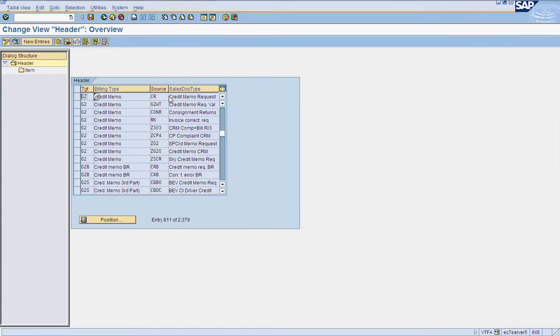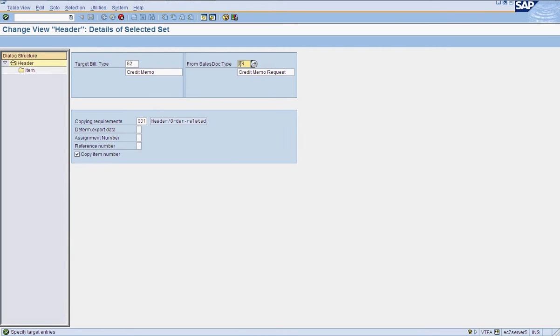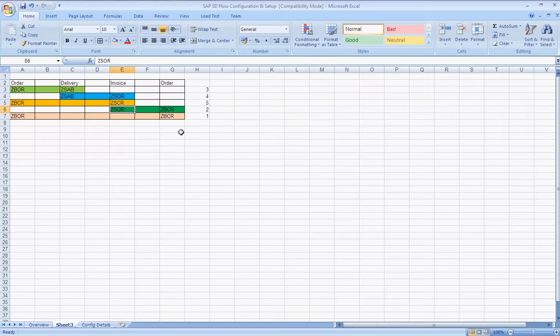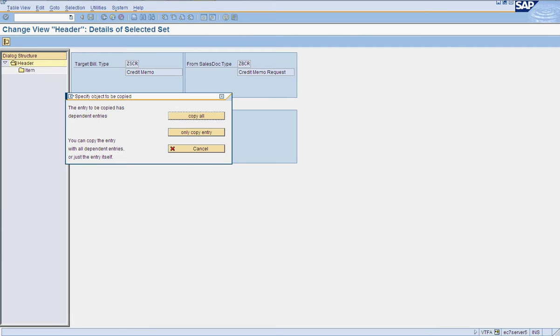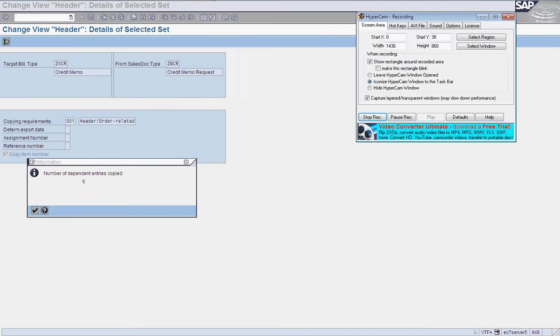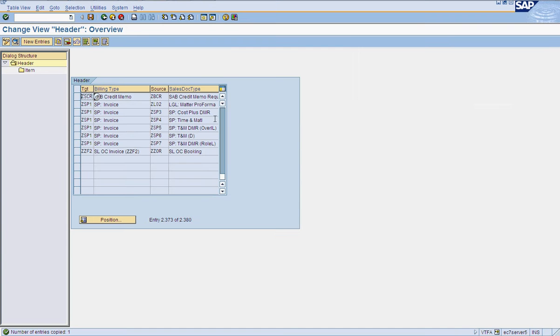We will be using source document as credit memo request to credit memo. These are the standard SAP scenarios, we will be using them. ZBCR to our new item categories ZSCR. So we have copied ZBCR to ZSCR. Now let's check the item categories here.